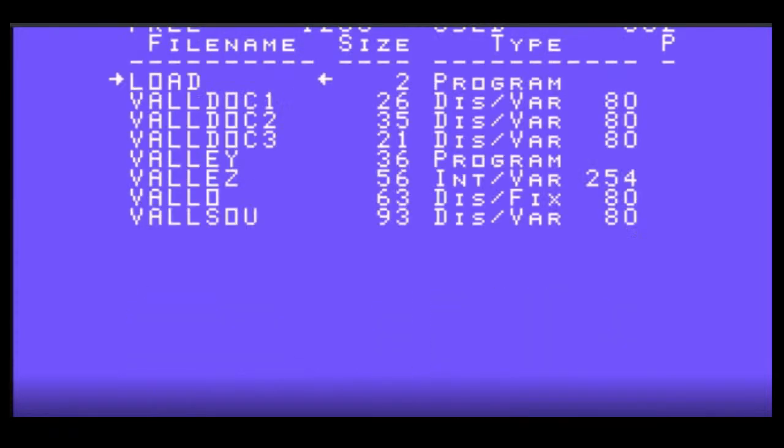So if we can go down here using logic, load tells us to read the docs first. So we read the docs. Well, we skipped over them a bit. But here's the actual game named Valley. Here's another one character higher, Valley Z. Then there's Valo, but that's a DF80 program, and Val SOU, which is a DV80, but it's awful big. So imagine Valley here is the actual program we want to run.